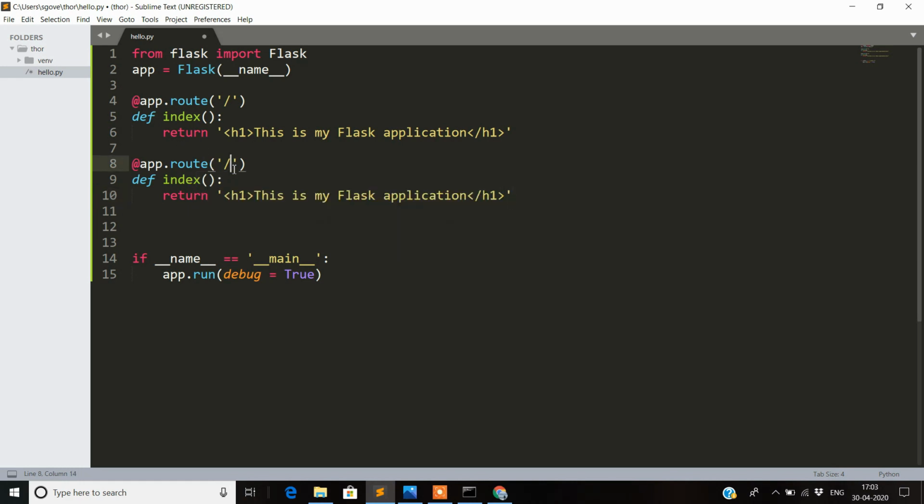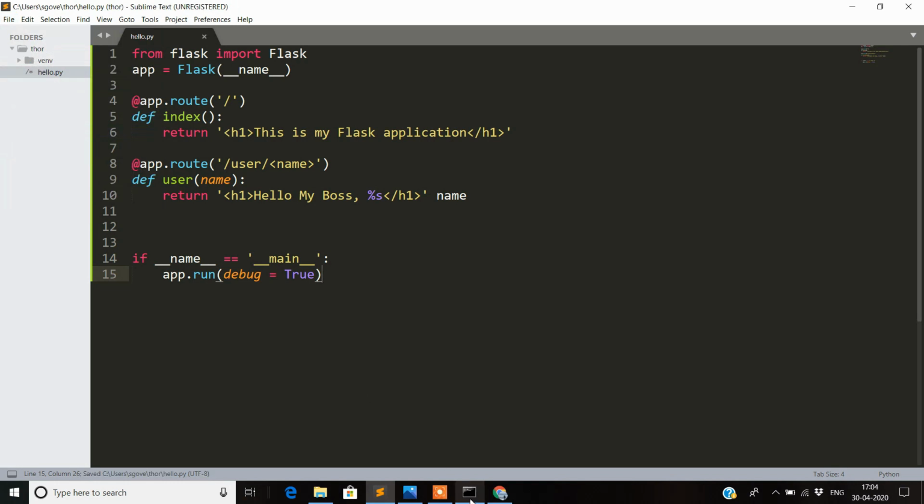Here I will give the name of the user, and I will make it wish the user whenever it goes on this path, that is user and my name. We'll change the name of the function to user, and inside the head tag we'll change this and pass it as hello my boss, and we pass in the name of the user. We need to pass it as an argument too, and this has been done. Now we will save this.